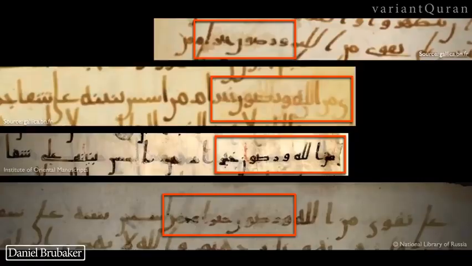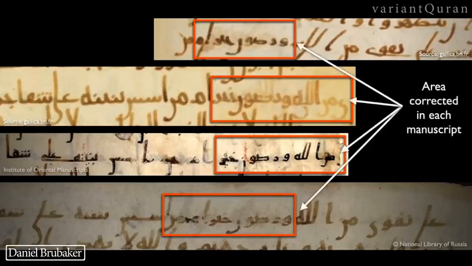All right, so those are 4 examples of correction at the same spot in the same verse, Surah 9, 109. All right, so here is just a simple side-by-side of the 4 manuscripts that we just looked at to help you visualize a little bit more clearly how they line up with one another, what corresponds between the 4. And as you can see, the exact area of correction is not identical, but they do have overlap. So the red boxes are drawn around the corrected portions.